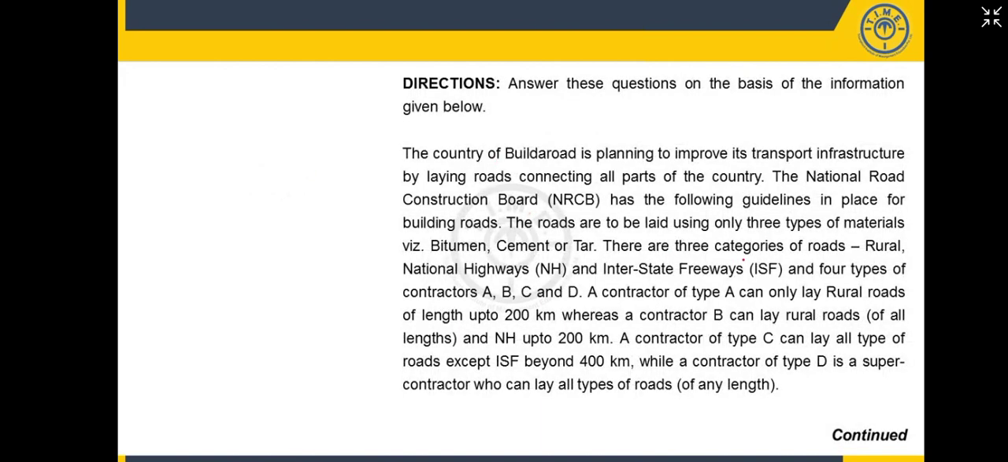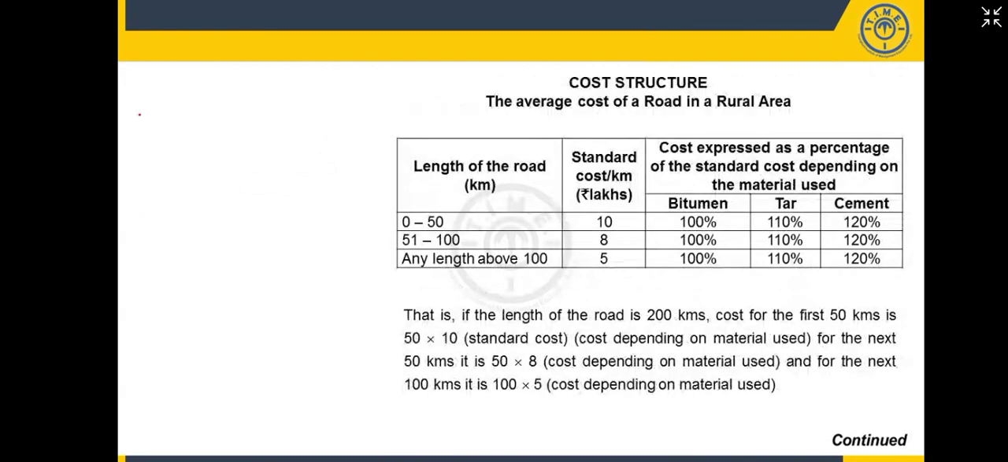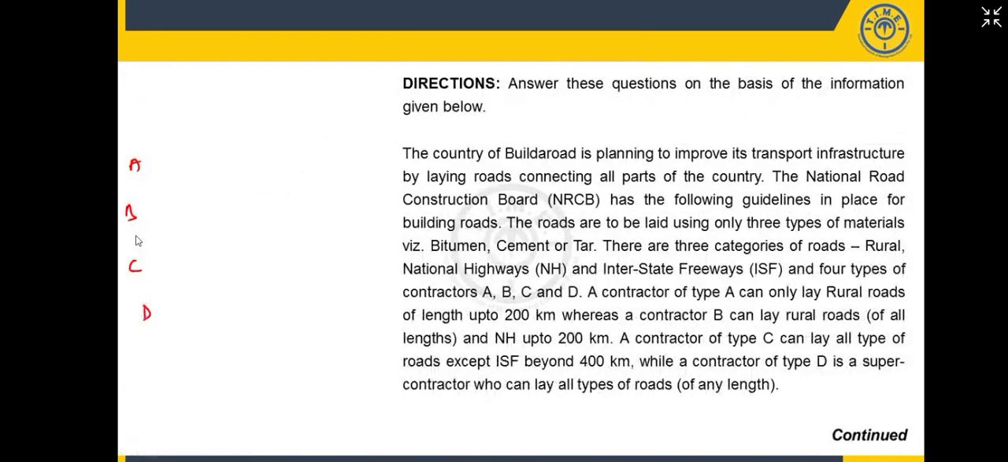And there are three categories of road: rural, national highway, and interstate freeway (ISF). There are four types of contractors: A, B, C, and D. I'll take it here itself, friends. There are limits for them. Like A, only